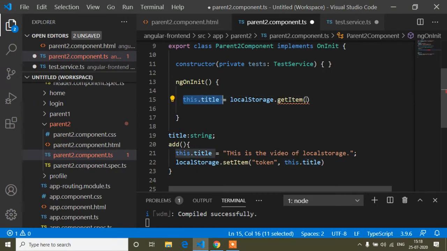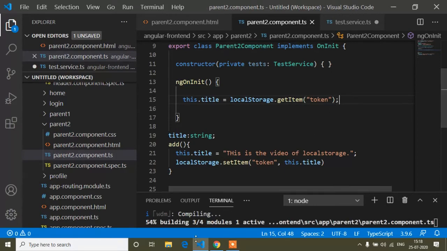So getItem, and now we are getting this key, because inside this key we store our string. This string I store inside our title variable. So if I call localStorage.getItem token, now we will get our value. Now save.